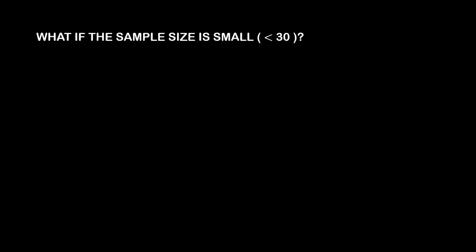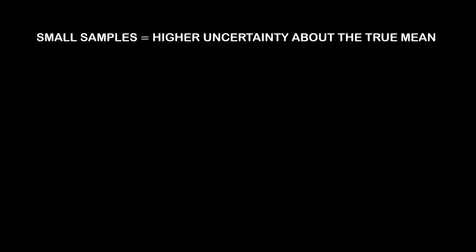But what if we cannot take big samples? We can only take small samples with less than 30 observations. Well, we would have much more uncertainty about the true population parameters, about the true mean and the true standard